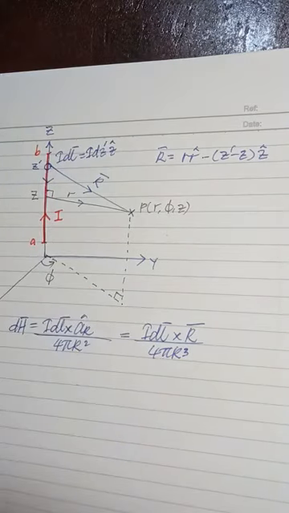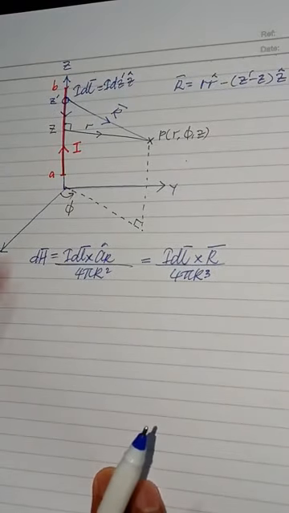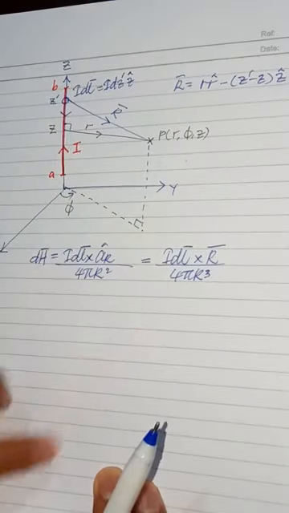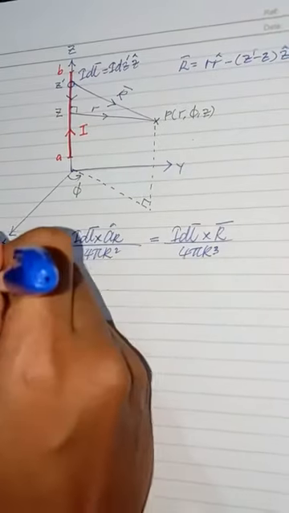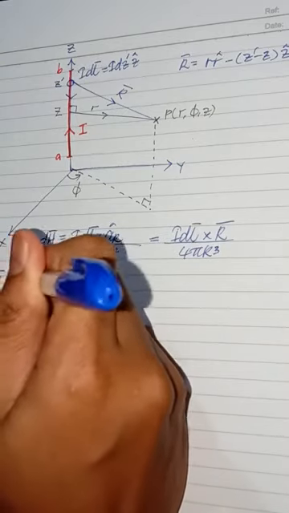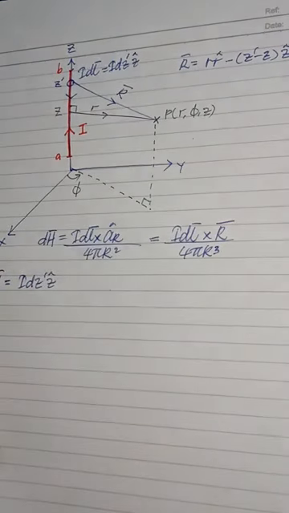So, okay, done. Let's put in all the values, the I dl to be here, the R to be here. So what's going to happen here? The I dz prime Z component